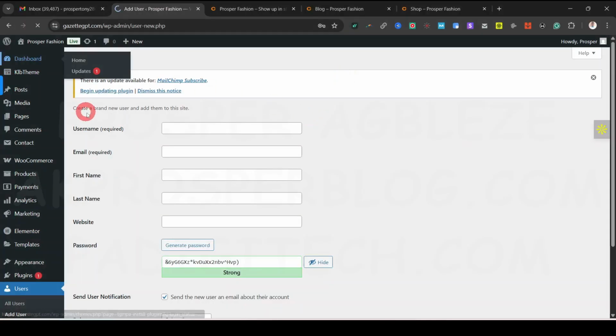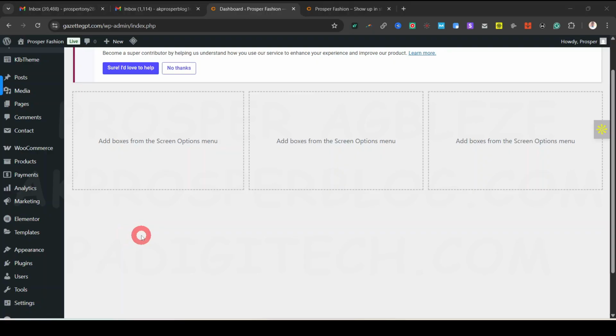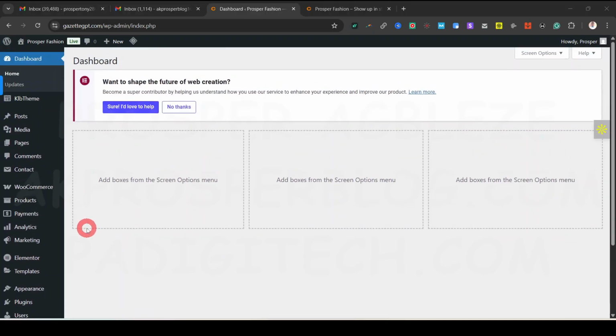So let me just leave it. The next thing we want to do is to open our website in a new browser tab, create an account and try to make a purchase and see if everything is working fine. However, before we do that, I also want to share this with you. If you are working on a website and you are trying to make certain changes and see that the changes are not taking effect,